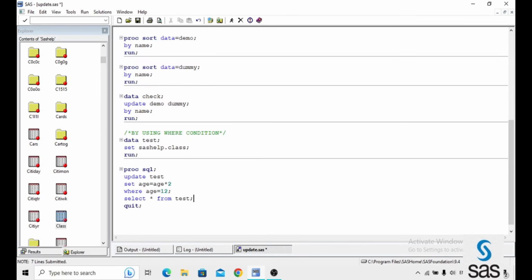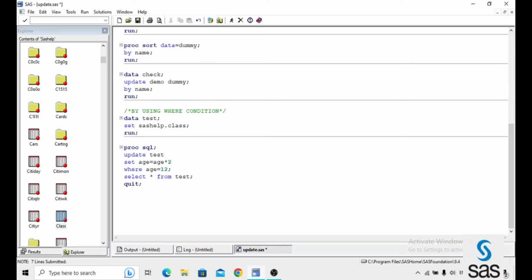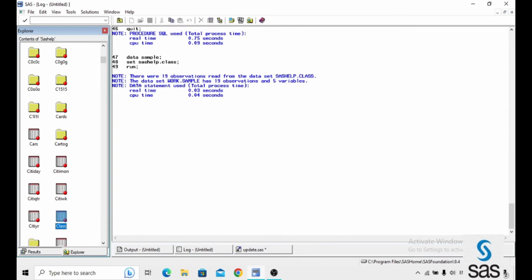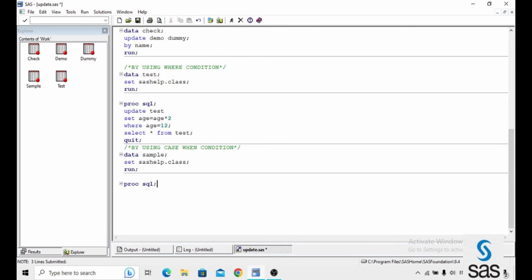We are just updating that particular variable by some particular condition, and in the same proc SQL we can apply multiple conditions at a time by using the update statement. For that I am again creating another dataset. I named it sample, and I am running this. The log is clear. Proc sql, I am just applying case when.